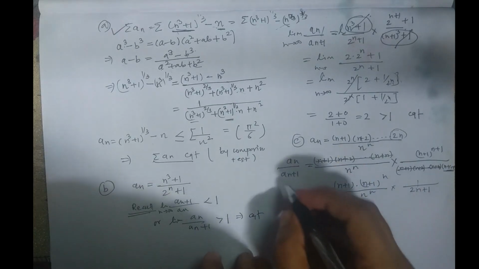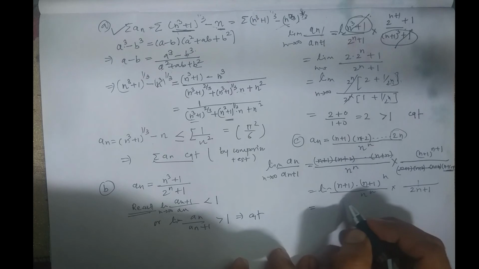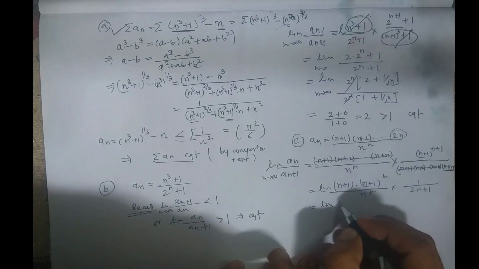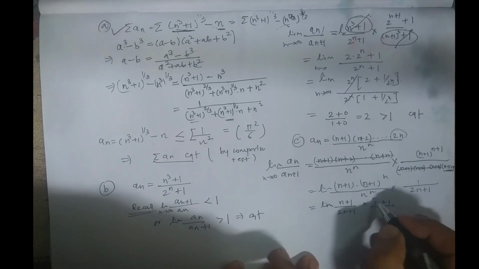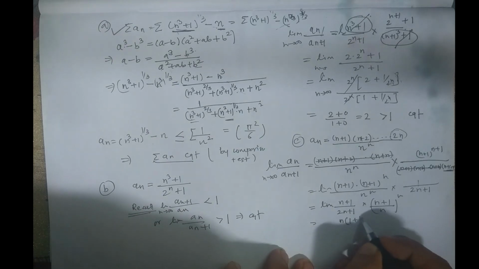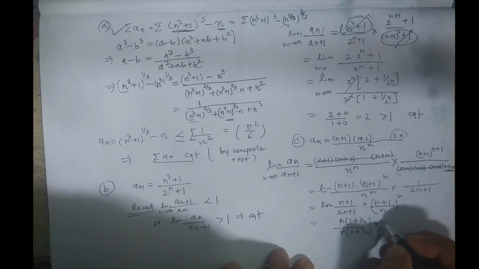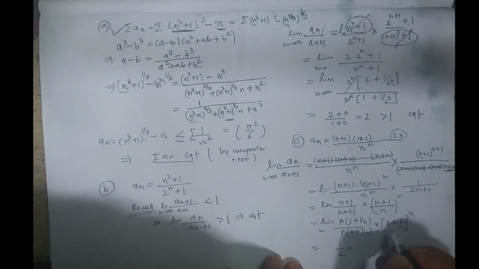Now we have to approach the limit on either side. This limit is (n plus 1) upon (2n plus 1) into ((n plus 1) upon n) raised to n. If I take n common throughout, I will get n into (1 plus 1 by n), and this is n into (2 plus 1 by n). This n will cancel out. Similarly, if I break the fraction here, I will get (1 plus 1 by n) raised to n. If I approach the limit now, what is the limit of this? Simply 1 by 2. And what is this? This is nothing but e. So this is e by 2.